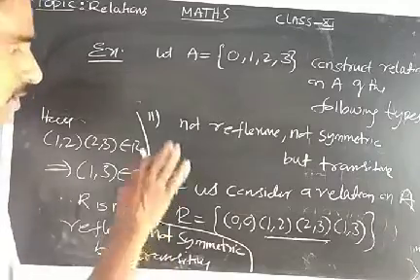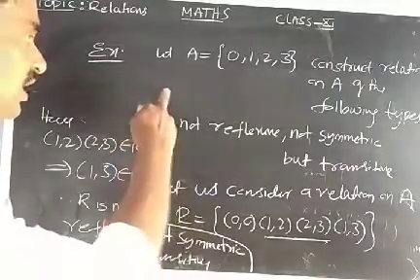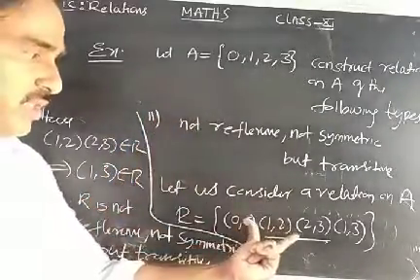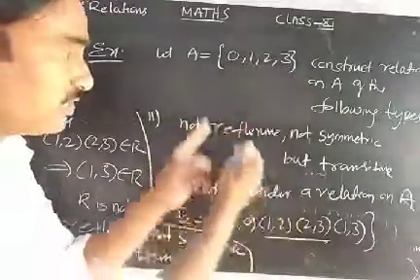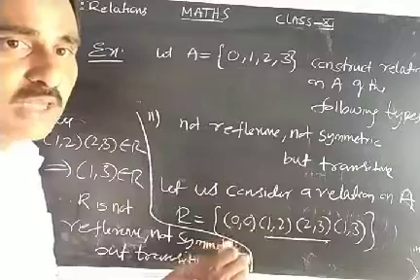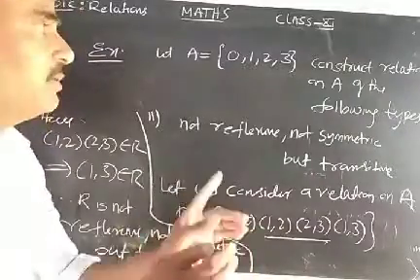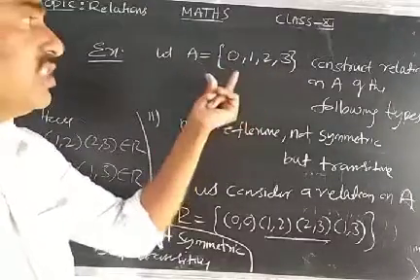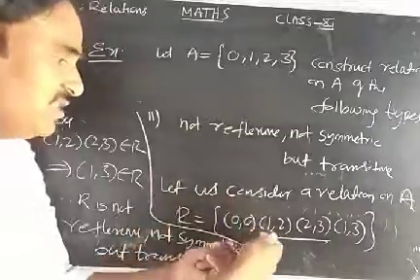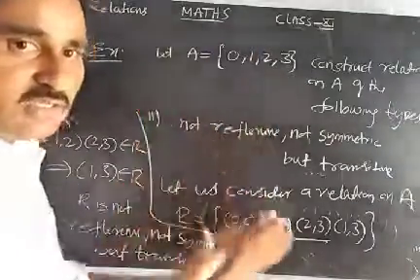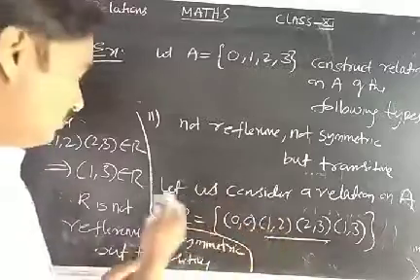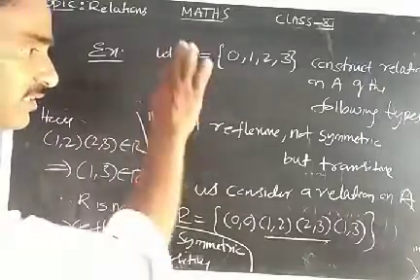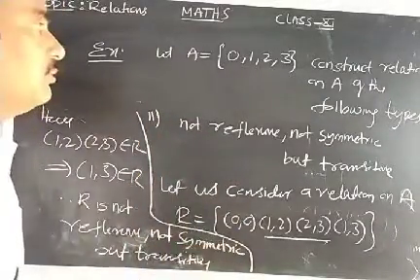Okay, in a similar manner you can solve the remaining problems. I solved 1 and 2. In this problem set we have 8 problems. See here, there is no unique method to choose the order pairs from A cross A. You can take any order pair. How many order pairs can you take in a relation? 16 order pairs are possible, because A contains 4 elements, so A cross A contains 16 elements. Among the 16 order pairs you can even take all 16, but that relation should satisfy the given question. Based on this procedure, solve the remaining problems. Thank you.